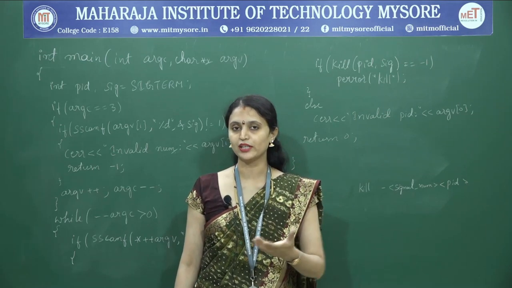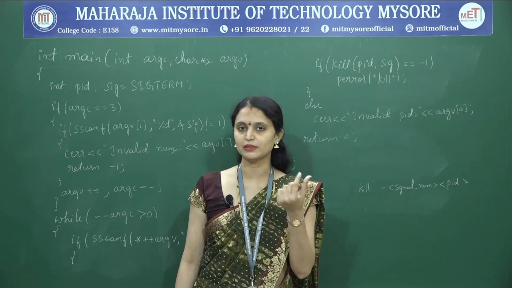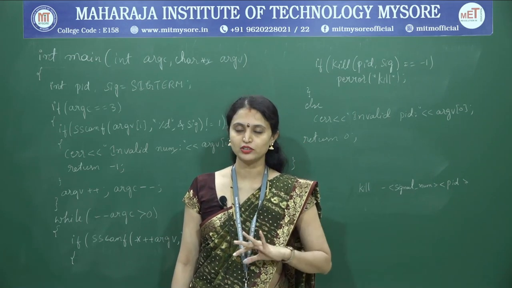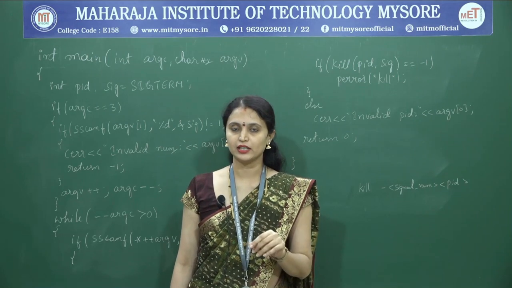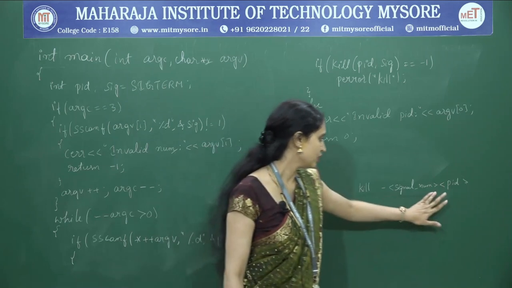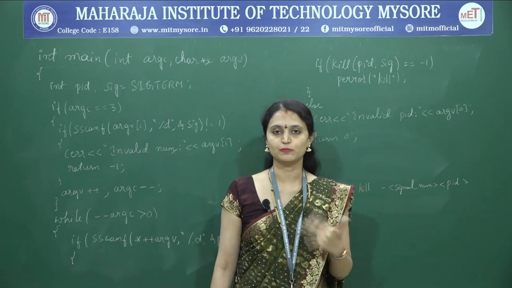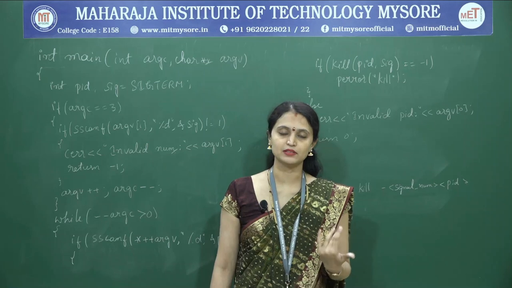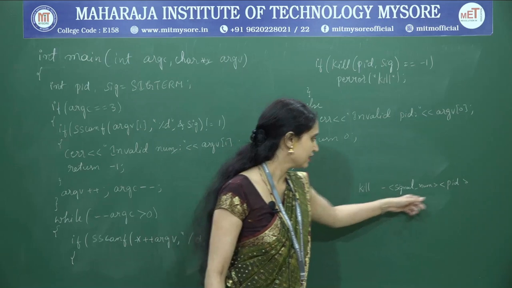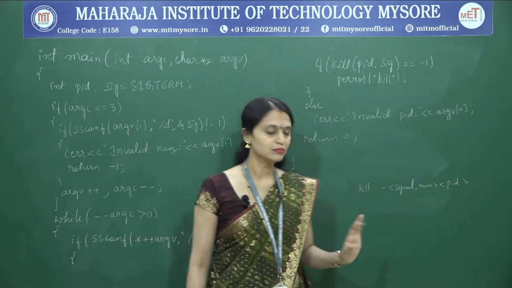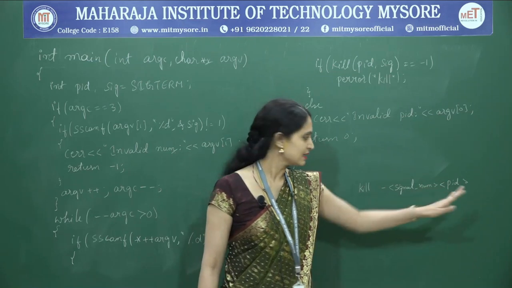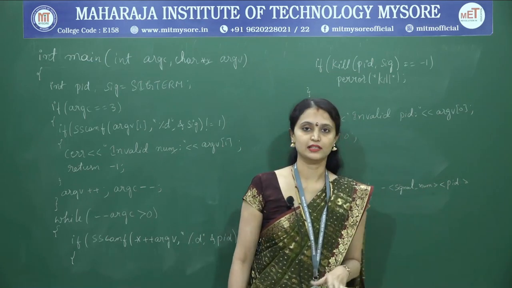In the first class I told you that signal flags, or signal numbers, are the integer flags that are saved under signal.h, for example SIGINT, SIGSEGV, like that. That will be sent here, followed by the PID. The PID is an integer value that represents the process ID. Okay, so the input will be sent like this. Minimum it has 3 arguments, and maximum it can send multiple process IDs.